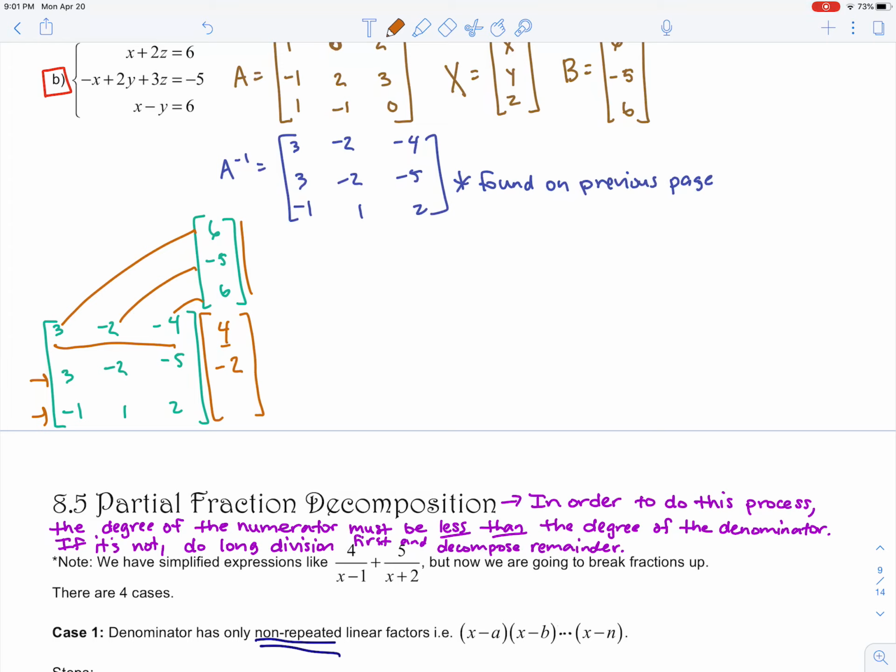Now we're on the last row. 1 times 6 is negative 6. Plus negative 5 is negative 11. Plus 12 is 1. So what this has done for us is now we have matrix X. And it is equal to this matrix here, 4, negative 2, 1. So X is equal to 4, Y is equal to negative 2, and Z is equal